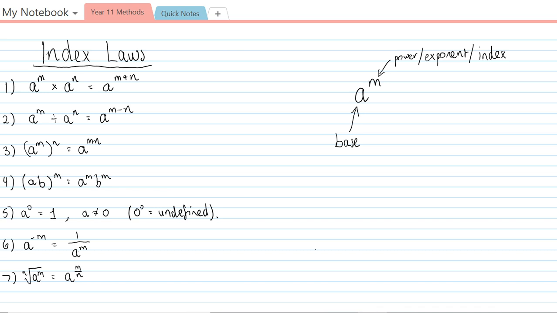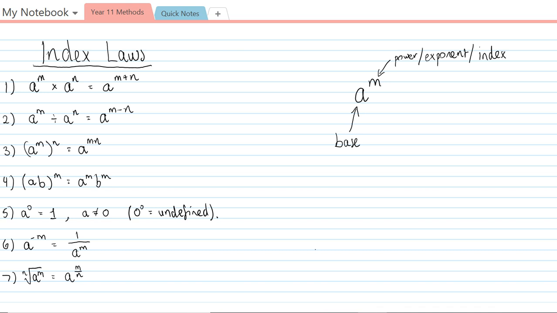So the first one is a to the m multiplied by a to the n is equal to a to the m plus n. What this means is that when we are multiplying we end up adding the powers. The second index law is a to the m divided by a to the n is equal to a to the m minus n. So here, it's just really the opposite situation, but if we are dividing two indices, then